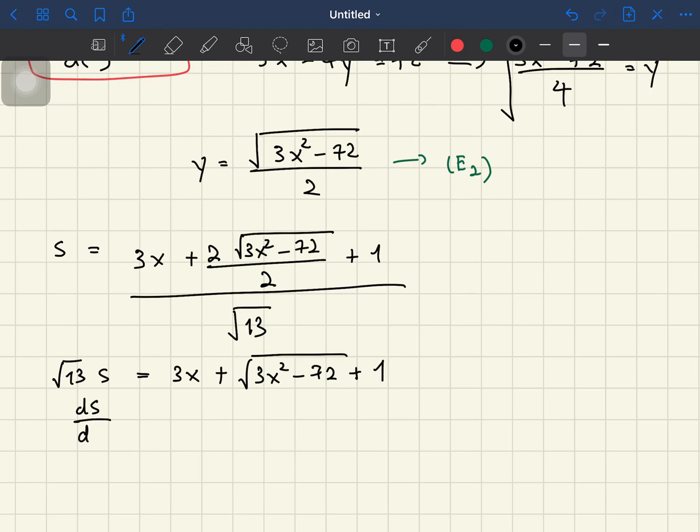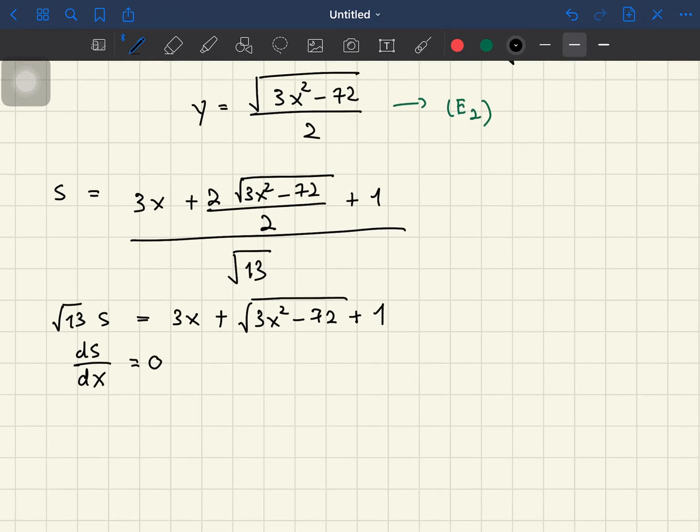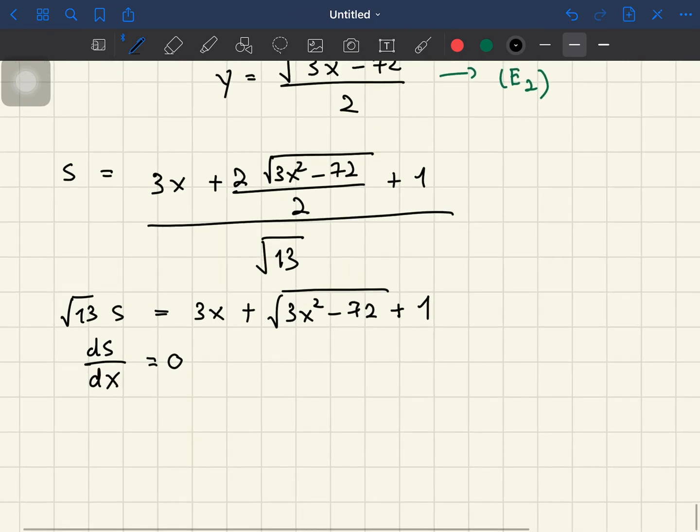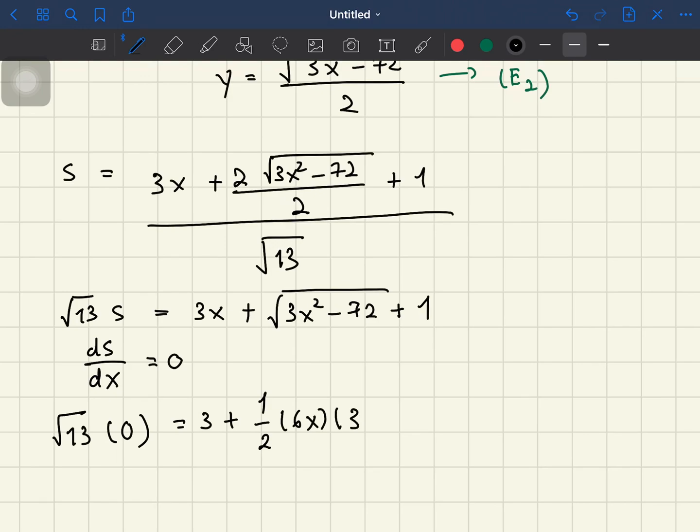So we know that ds/dx is equal to 0 because of the properties of maxima and minima, one of the criteria. And we can substitute this on the left hand side, and hence we will get square root 13 times 0 equals the differentiated equation on the right hand side, which is 3 plus 1 over 2 times the chain rule inside times this entire thing,